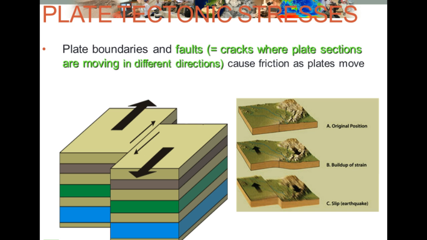Let's explain what we mean by plate tectonic stresses. These stresses occur at 2 locations. Let's get them in your notes. 1, at plate boundaries, which we've already explained. But they also occur, number 2, at faults. So make sure you have both of these in your notes. Well, let's define what a fault is. A fault is a crack in the Earth's crust created by two plates pulling apart, or a crack in a plate that's formed from the shifting of that plate. So get those two things that form faults down in your notes.